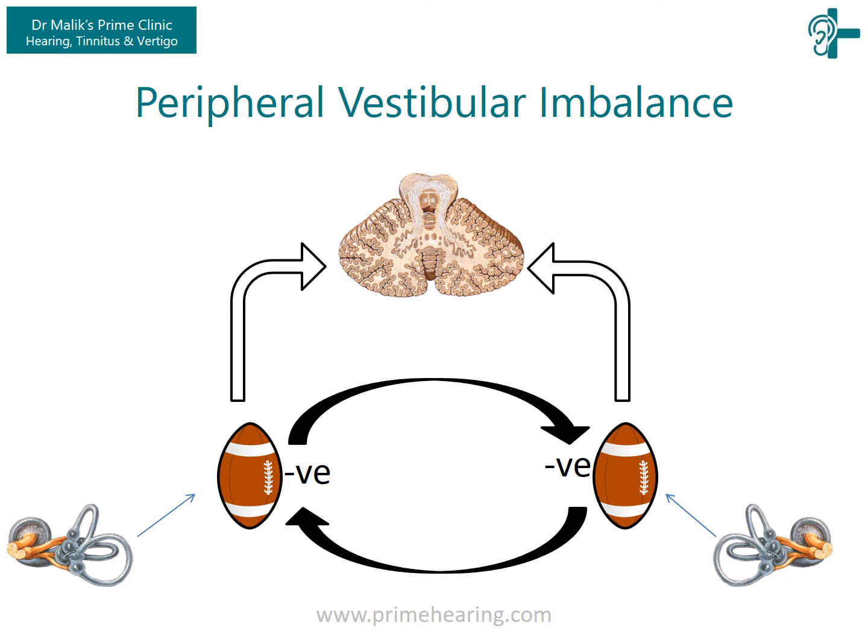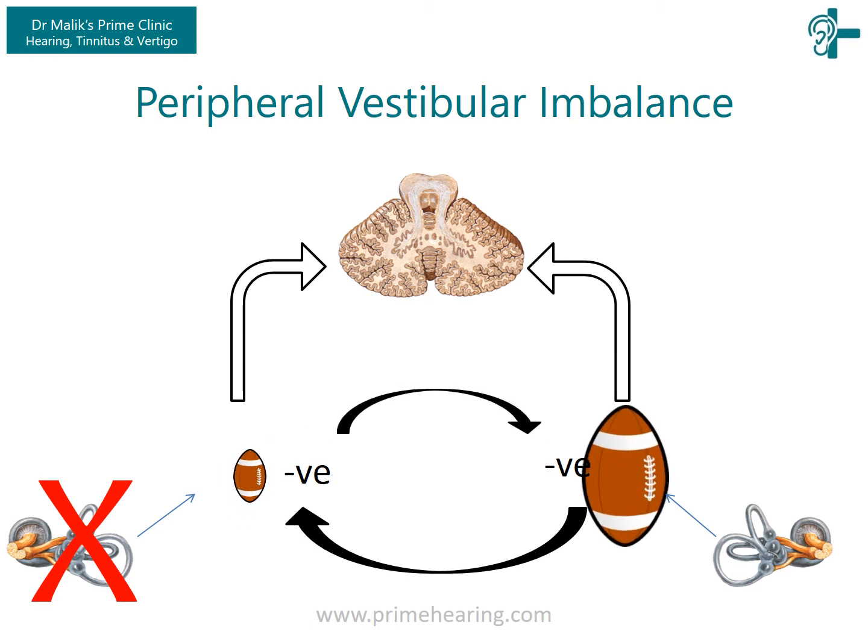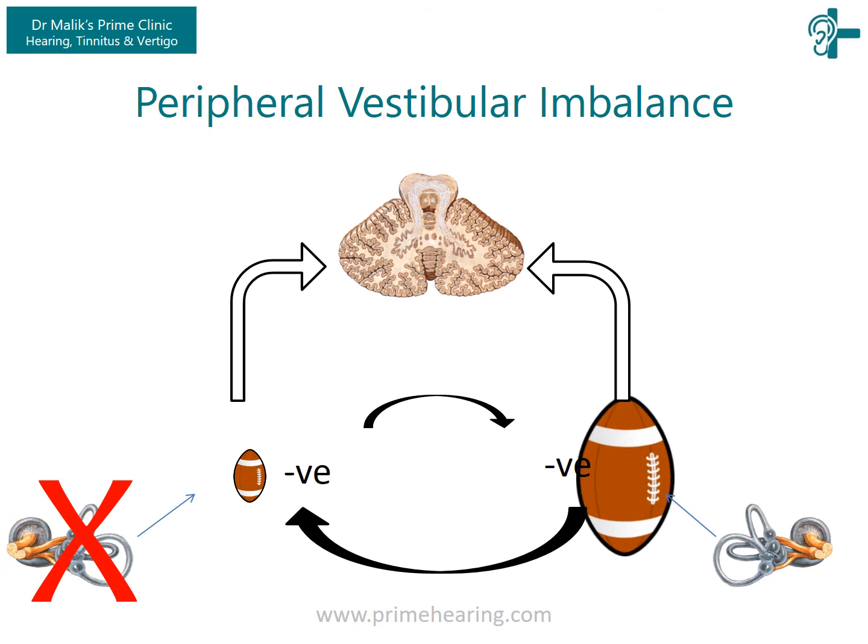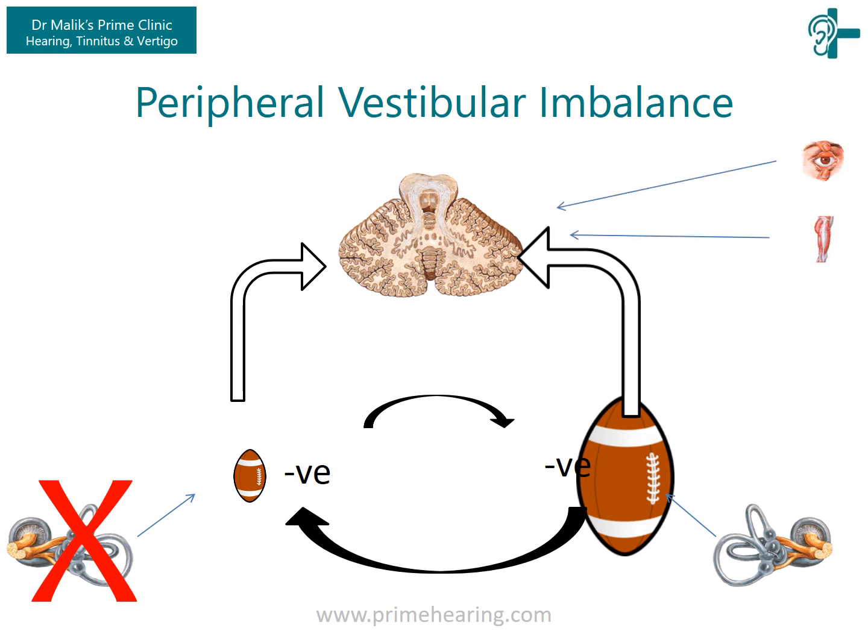Now, when there's a problem on one side, that ear will not be able to send enough neuronal stimulus to the vestibular nucleus. Therefore, there's less inhibition on the other side, and the other side increases in neuronal activity. That in turn tells the brain that there's an imbalance, maybe I'm rotating to the good side, and it asks the other two. Now, the eye says, well, clearly I'm not rotating, and the muscle joint sense says, well, no, I'm not rotating. And the brain is getting complex, different information from different organ systems, which makes it